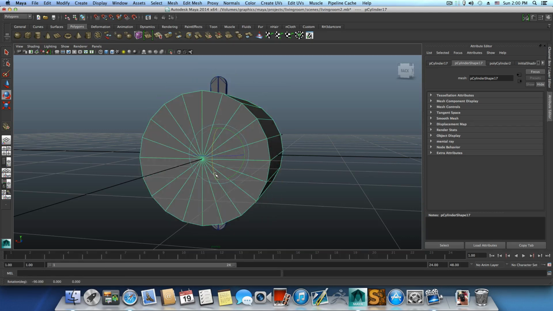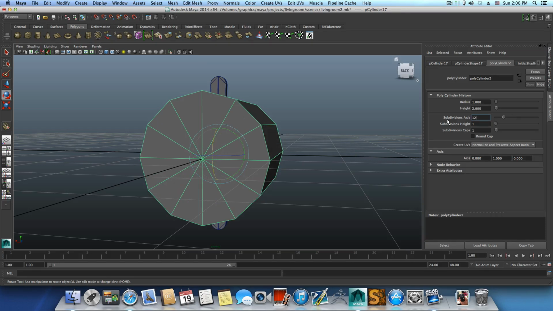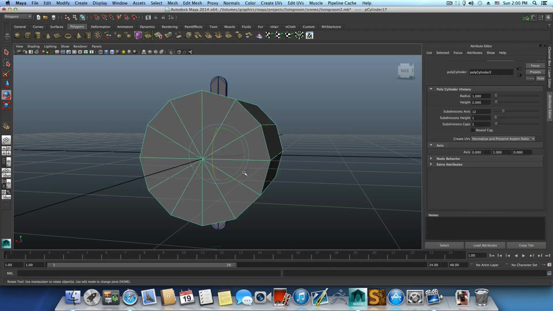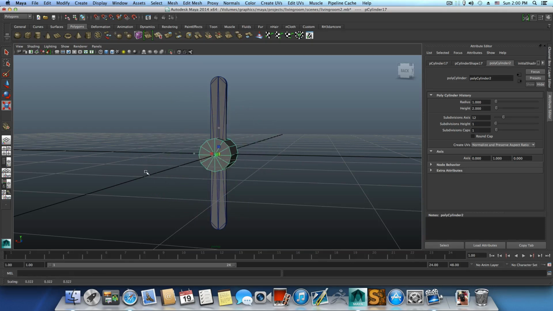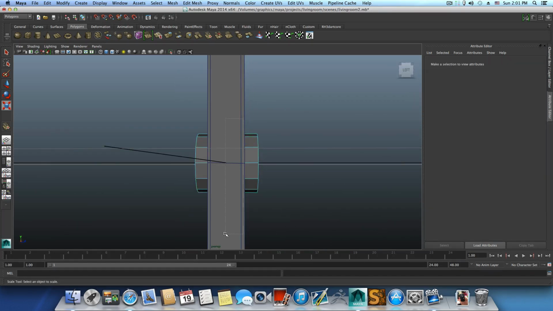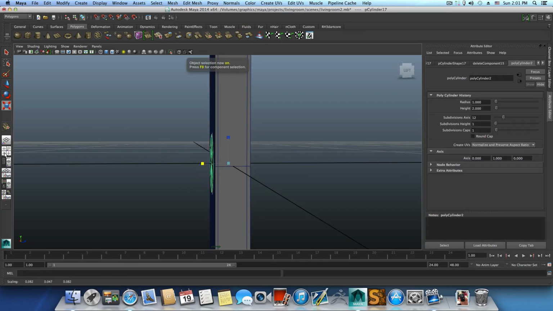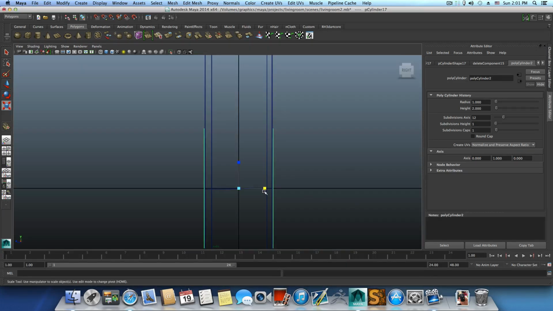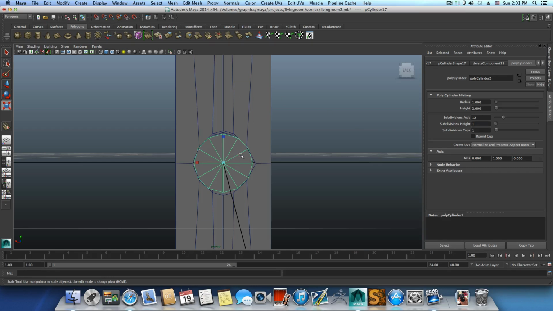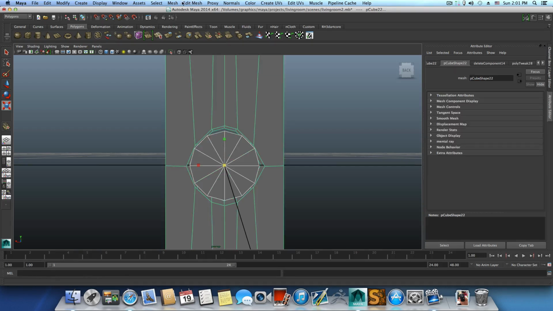J, polycylinder 12, type in 12, enter, okay, and then scale this that way. Great. Choose the middle faces, again press delete, F8 to bring it back to object mode, and scale this back to where it was. Yeah, that's fine. Then grab, maybe even scale it a little bit more, then grab both of them, mesh, combine,